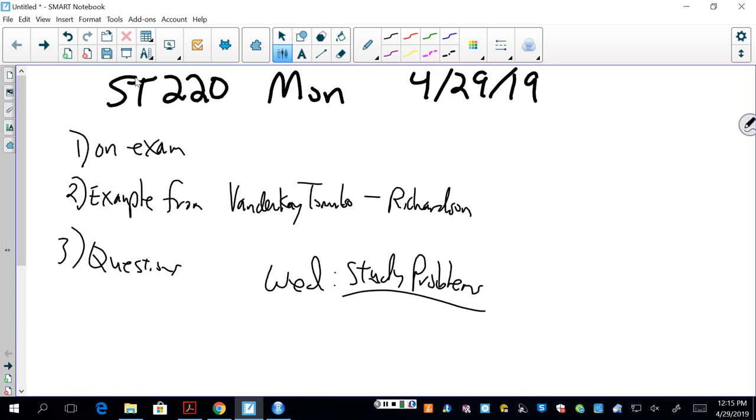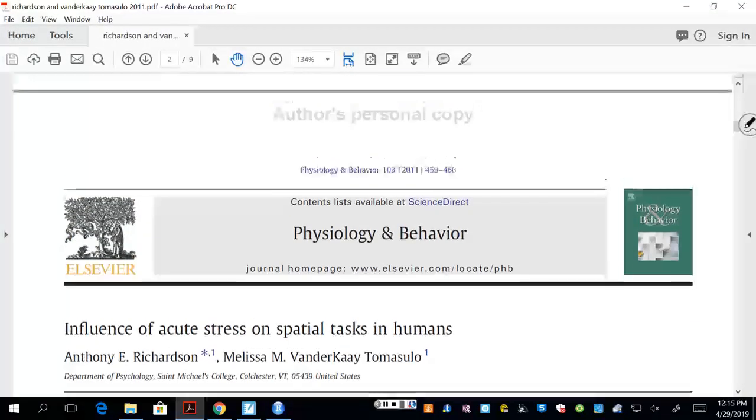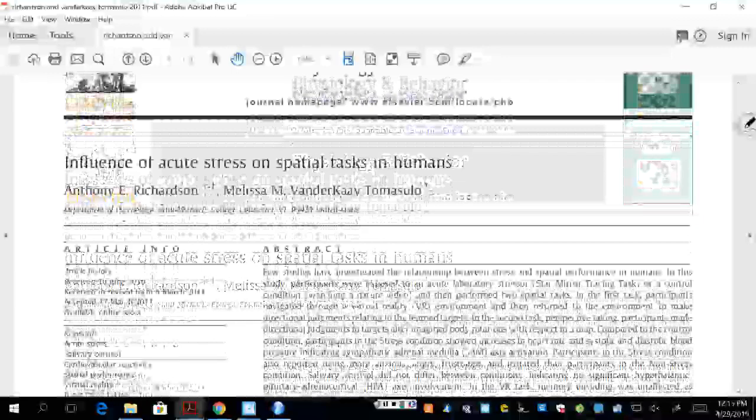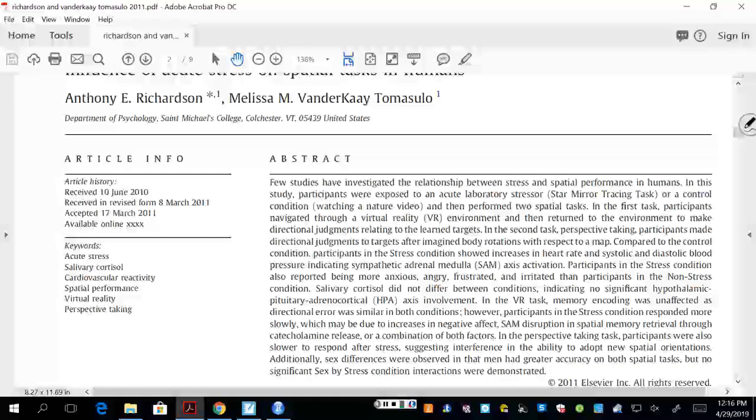So today, last week of classes, Monday, Wednesday, today we'll talk about what's on the exam, what to study for that. We'll look at an example from an article by Tony Richardson and Melissa Vanderkay that appeared in 2011 in a journal of Physiology and Behavior. And in that they describe a study that they conducted here at St. Michael's, and then